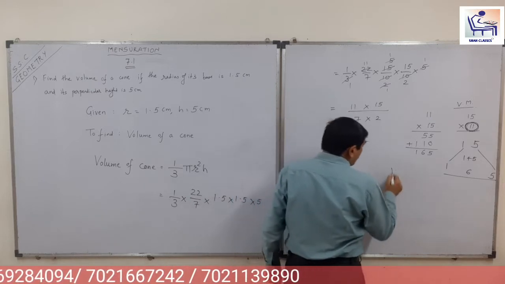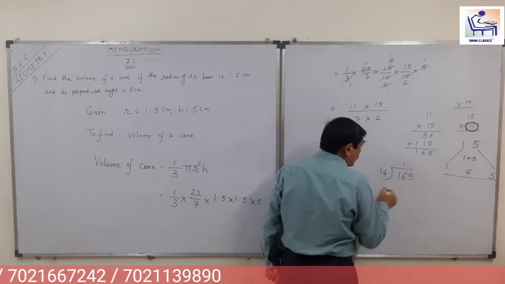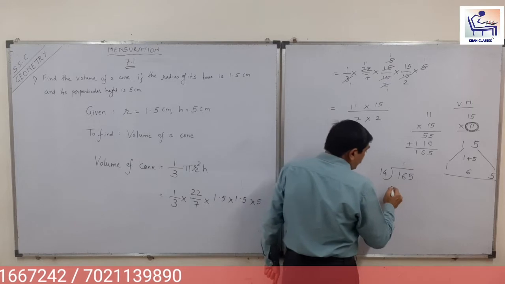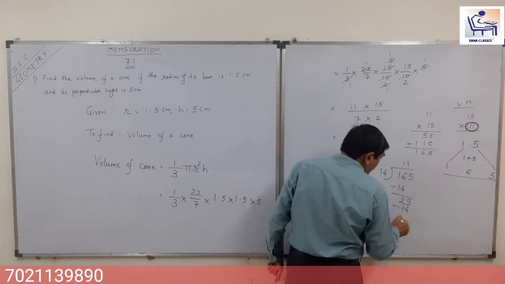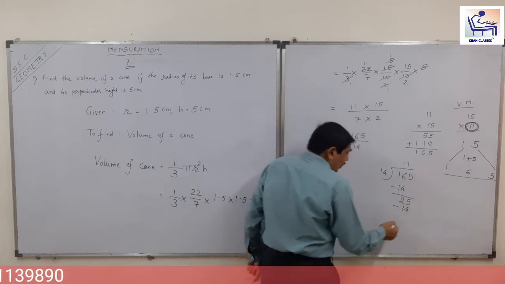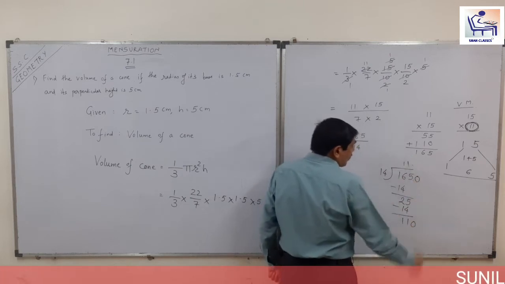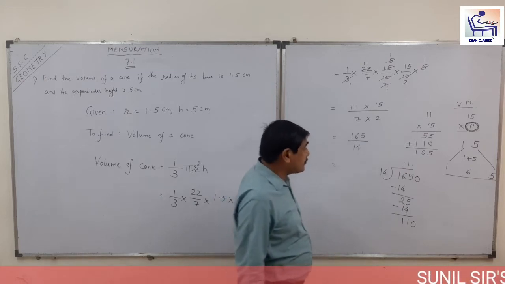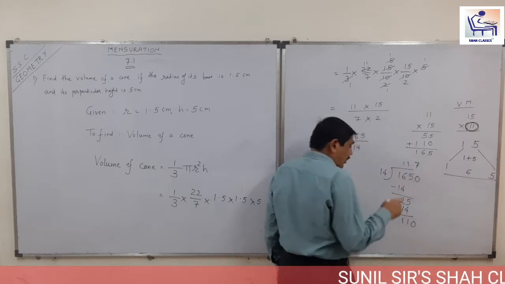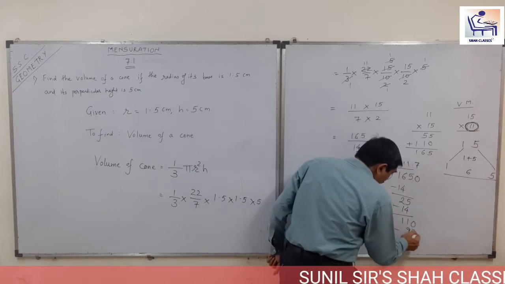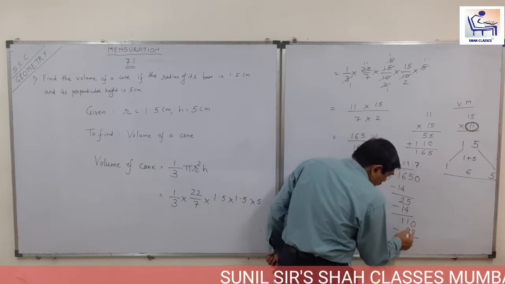Now we have to divide 165 by 14. So please, you should know the table of 14. So 14 ones are 14, 2 remains, again 14 ones are 14, because 14 twos are 28 is not possible. How much remains? Now 1, and here also 1. Now put a decimal point. Here 14 6s are 84, 14 7s are 98. Okay, so 14 7s are 98 and 14 8s are 112. So 14 7s are 98. How much remains? 10 minus 8 is 2. Okay, and this is 10 minus 9 is 1.